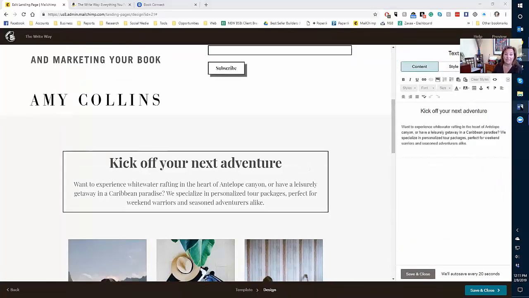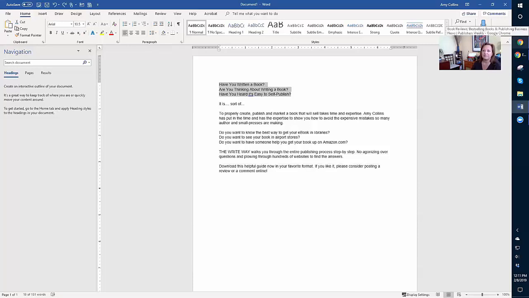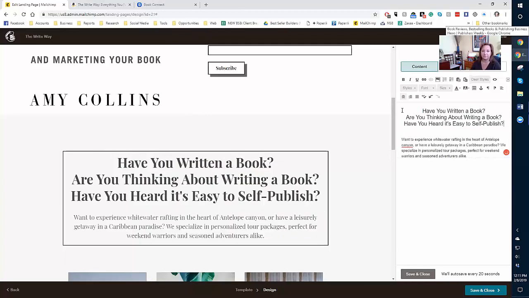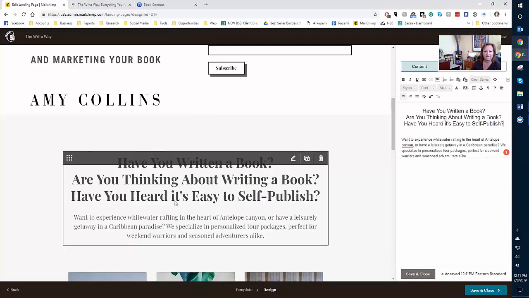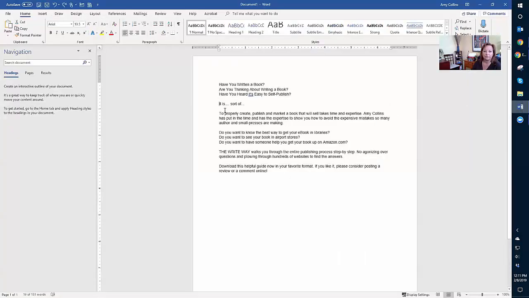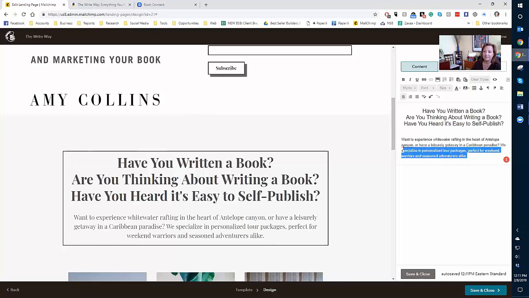Now, I have already come up with some text. I cheated a bit. I wrote some things that I wanted to say about my book. And so I'm cutting and pasting from a Word document, but you will see: have you written a book? Are you thinking about writing a book? Have you heard it's easy to self-publish? Well, it is, sort of, to properly create, publish, and market a book. But what I did is I took some text, I wrote it up, and now I'm just dropping it into here,